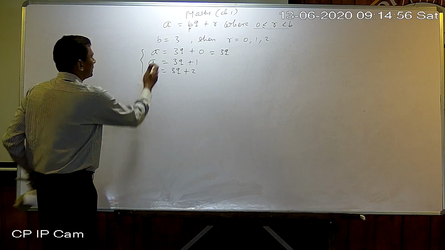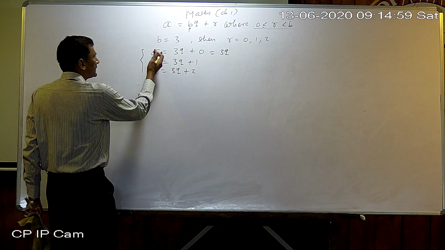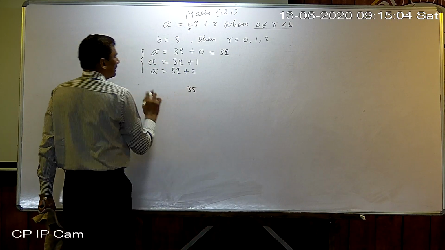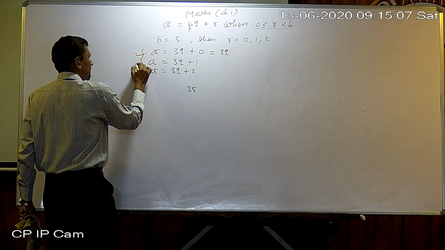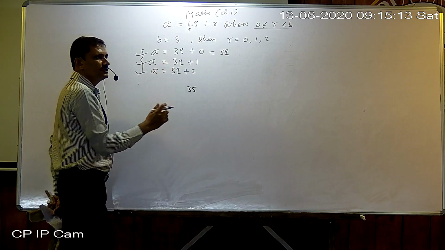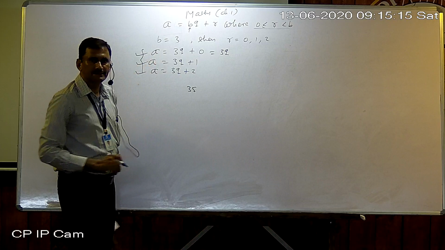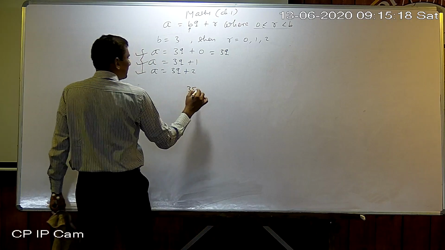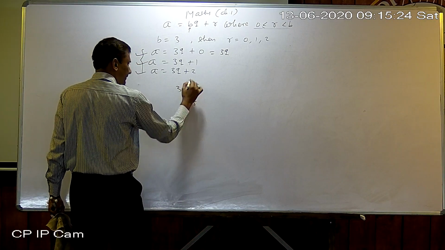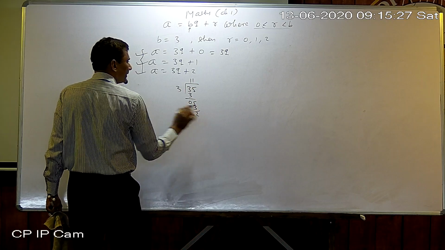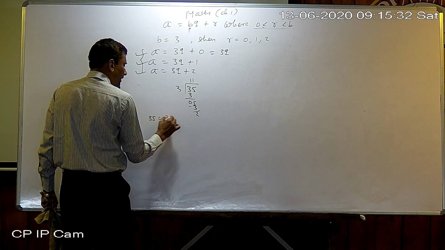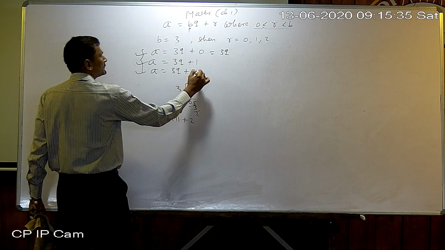But now I give you an example. Suppose it is 35. Okay. So 35's expression can be written either this way, otherwise this way, otherwise this way. Any number can be expressed by any one of these three ways. Okay. So 35. Suppose I divide it by 3. So 3 ones are 3, 0, 5, 3 ones are 3, 2 left. So I can write this A: 35 equals 3 into 11 plus 2. Okay, so we got this.